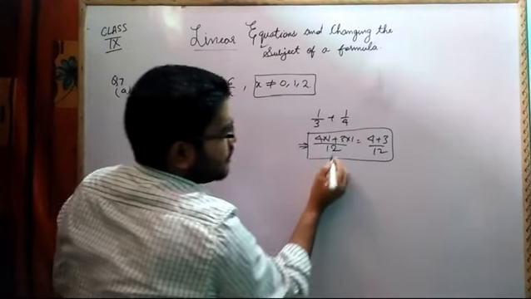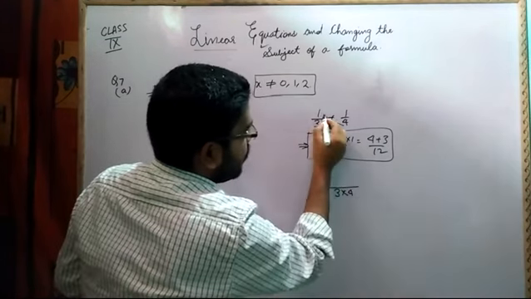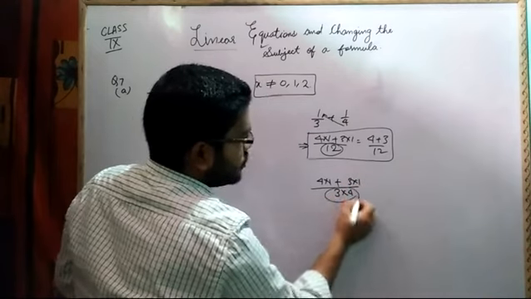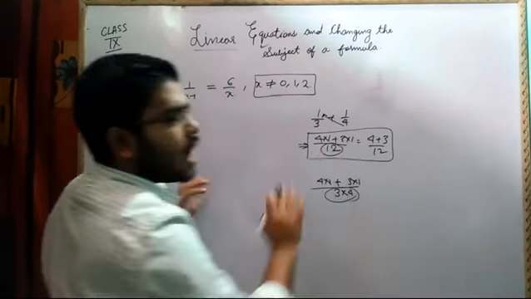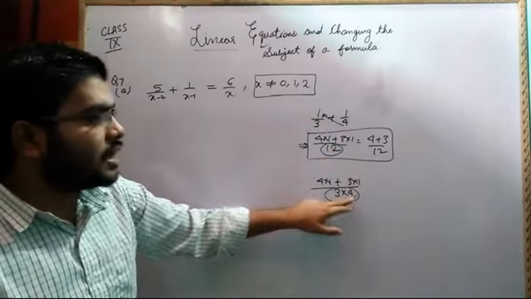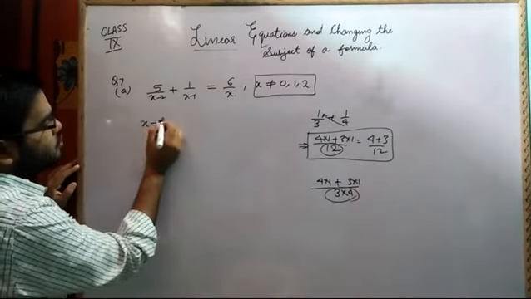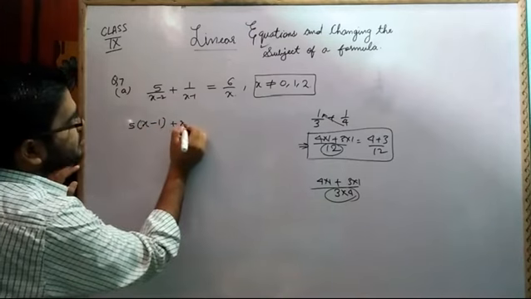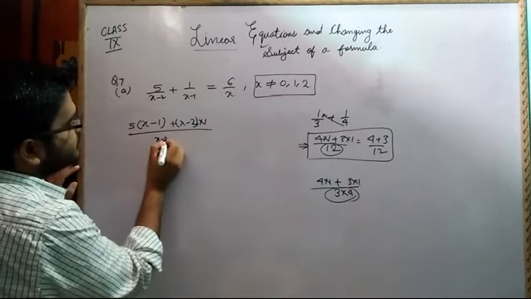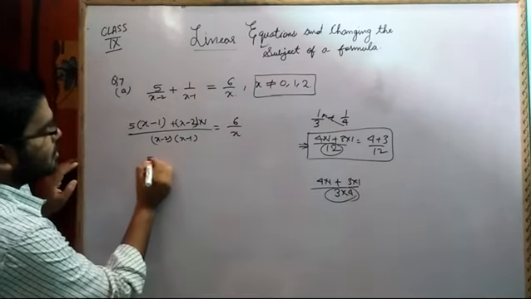So here, if you observe this 12, what is this 12 actually? 3 into 4 by 4 multiplied with 1 plus 3 multiplied with 1. Understood? So this is the multiplication. If two numbers have no common factors in the denominator, then we just multiply them and do the cross multiplication. So here also we can write x minus 1 multiplied with 5 plus x minus 2 multiplied with 1, divided by x minus 2 into x minus 1, is equal to 6 upon x. Now you solve this.